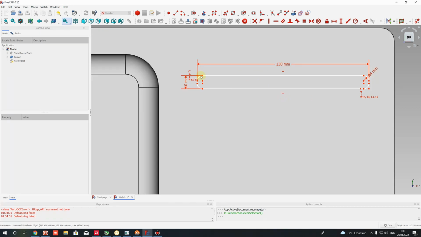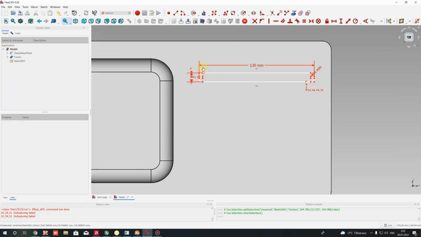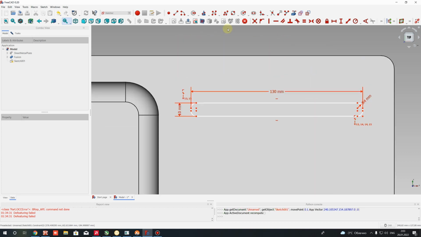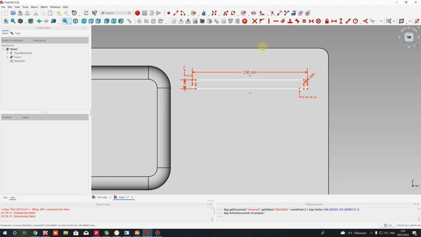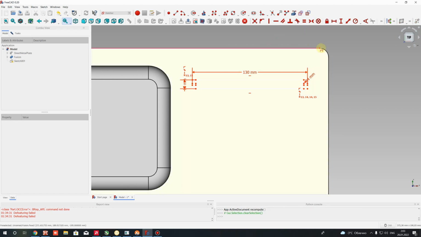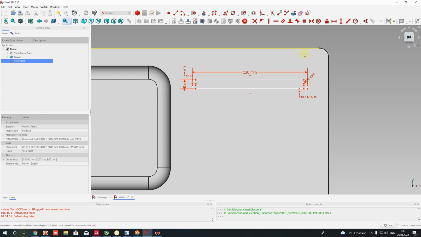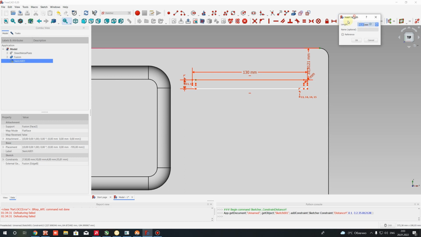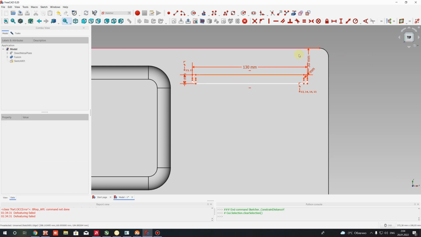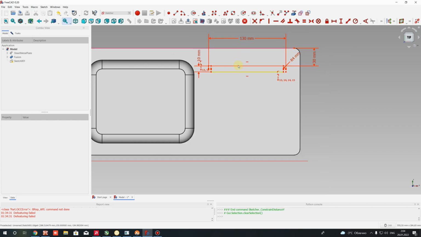Okay, and let's link the position of this rectangle with our form body part. So let's use this external geometry import again. Let's import this external edge, for example, and let's choose this point and this point, and connect it using this dimension. Let's set 30 millimeters here. This radius will be the width, and after that let's